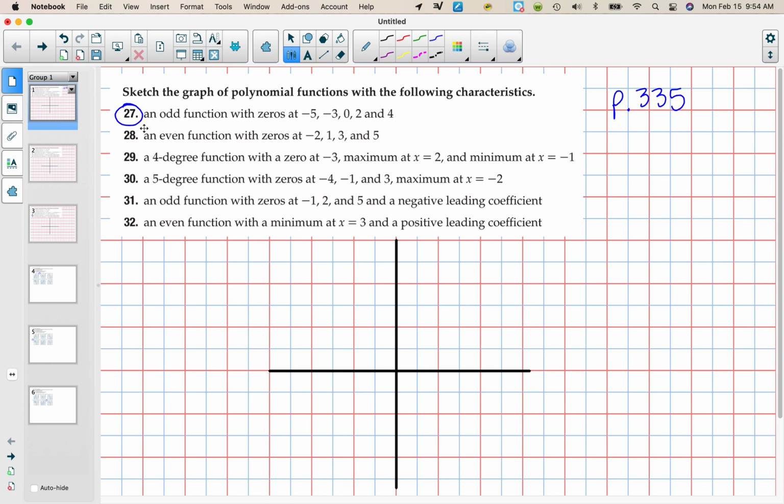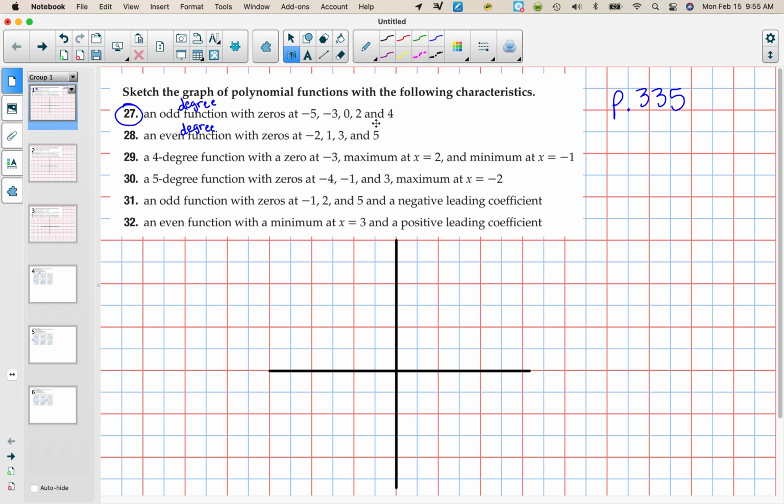So the first one, on problem 27, says to sketch the graph of a polynomial function with the following characteristics. So we want to sketch a graph of an odd function. So think about what that means. And actually, let's say odd degree function. To talk about odd or even functions has a different meaning. In class, we talked about how this was an odd degree function, so the textbook should have said that. The same thing on this should have said an even degree function with zeros,